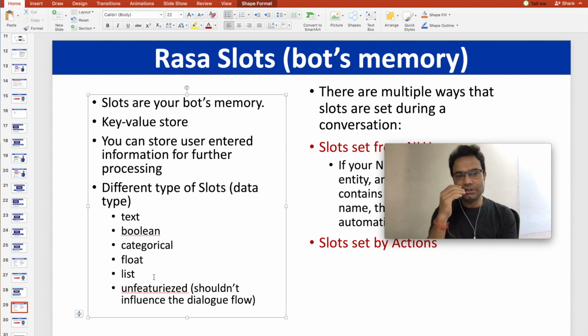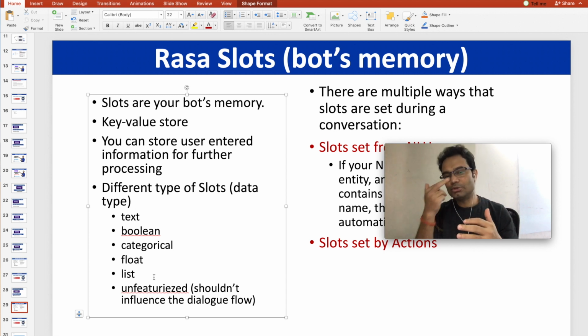So the need for this bot memory: suppose you are any insurance company and you sell insurance. Obviously when a client contacts your bot, it should capture the customer name, date of birth, income and other parameters. So during the conversation we have to store all that information, right? For those purposes we have to use the slot. It's very easy. Let me explain that.